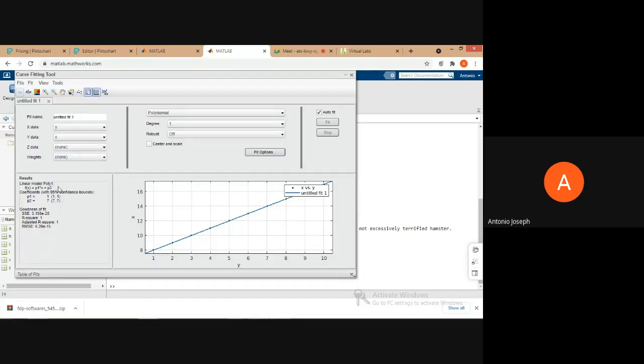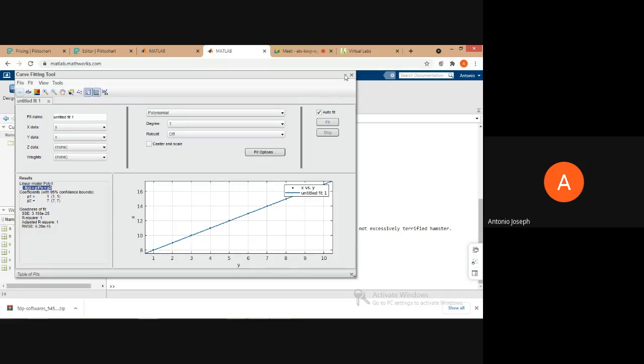This is the equation of the curve. f(x) is equal to p1 times x plus p2, where p1 has the value 1 and p2 is 7. That means our own equation, isn't it? 1x plus 7. So x is the increment that we gave in the program, isn't it? So that's it.